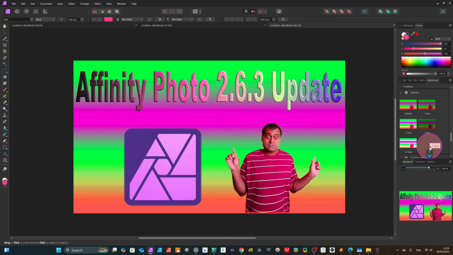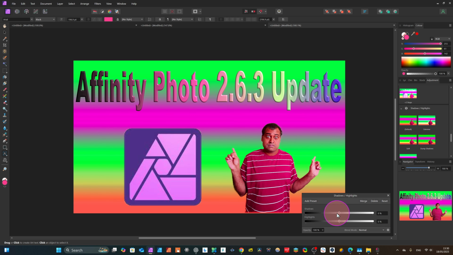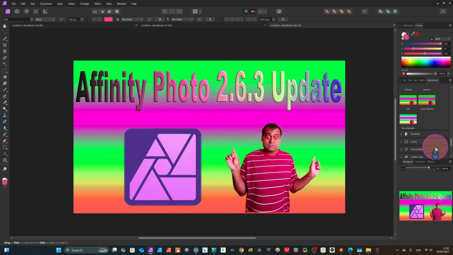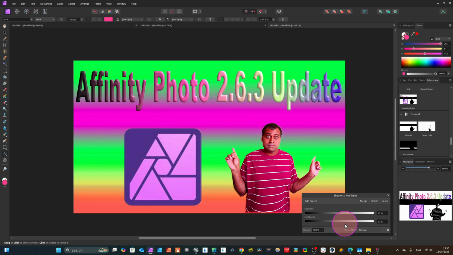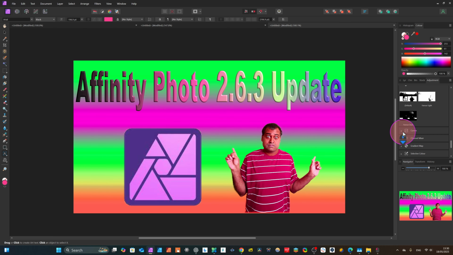Okay, close. And now we come here, and this is shadow. If your photo is dark and you want to add shadow, you can add it, but it's okay for our thumbnail. Come here, and this is threshold. If you want to add threshold, default, here we don't need this. And here you can add curves.